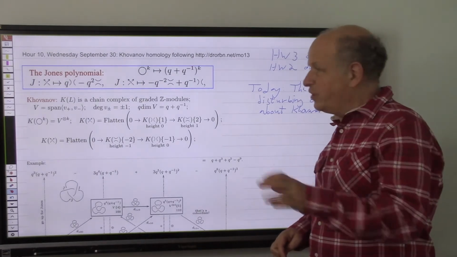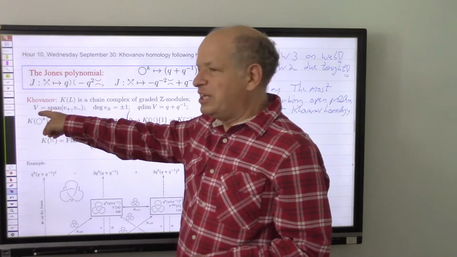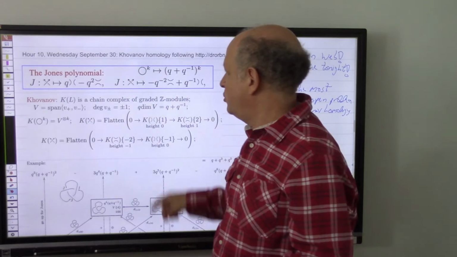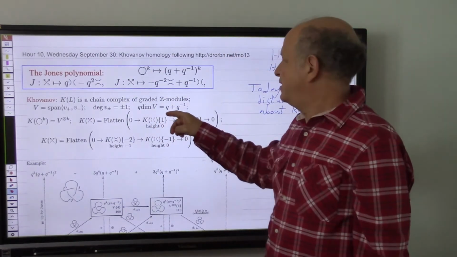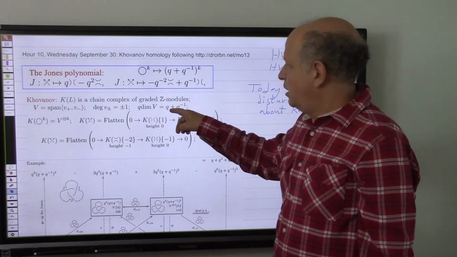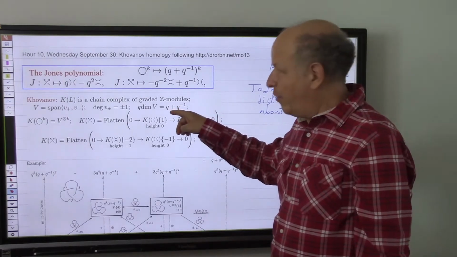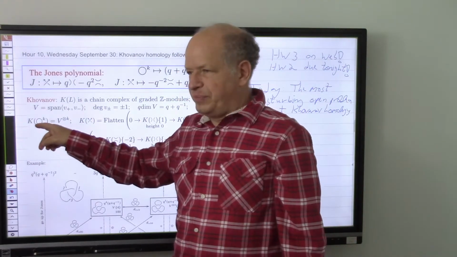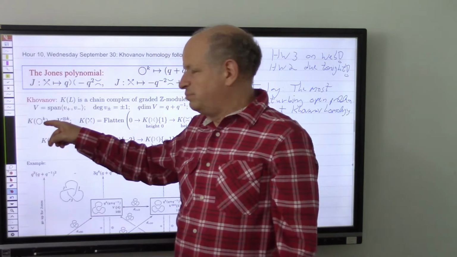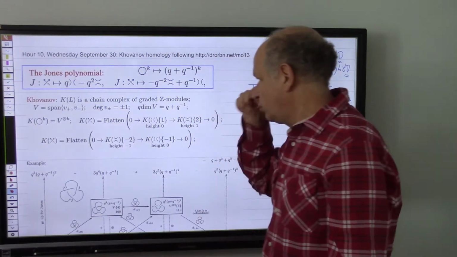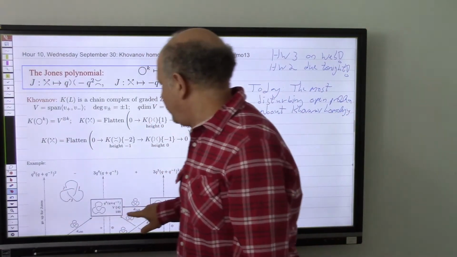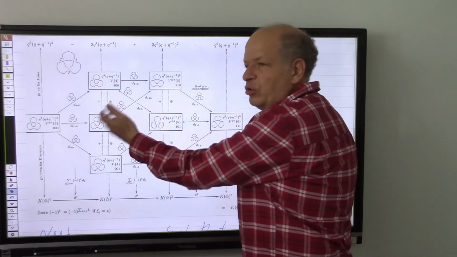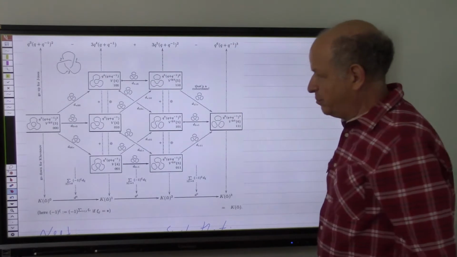And I just want brief reminders. So we had a vector space V generated by 2 vectors V plus and V minus, whose degrees are plus and minus 1, and whose purpose in this game is to have dimension the invariant of the R naught. Then we define the Khovanov complex to be, well, circle to the k goes to V tensor to the k, and then, well, basically by the rule in this picture, and I think I talked about it enough, so I don't want